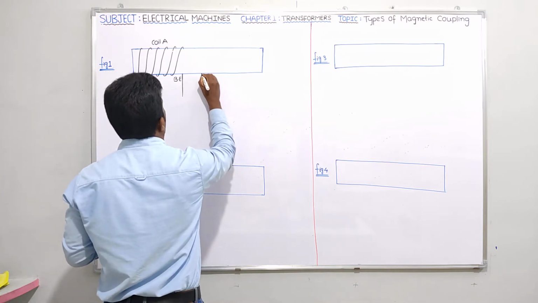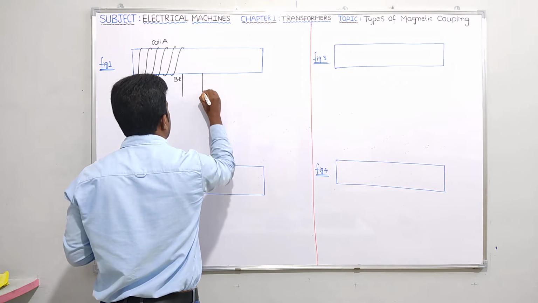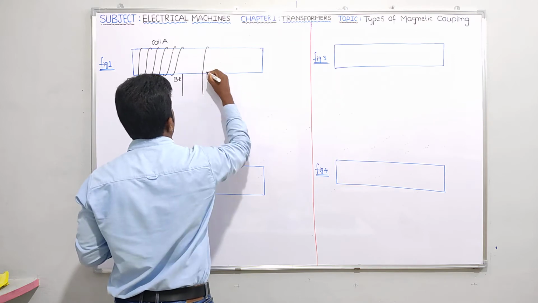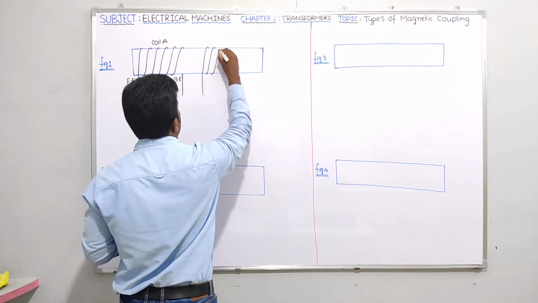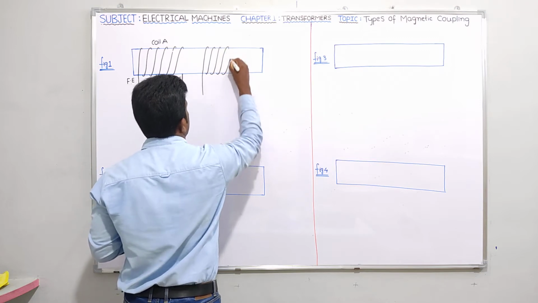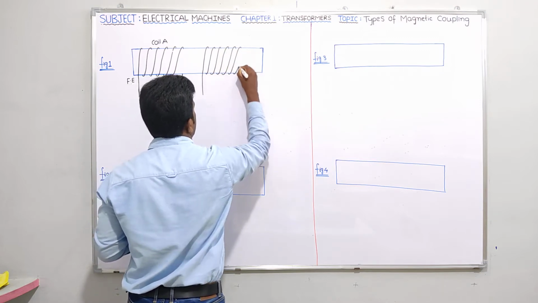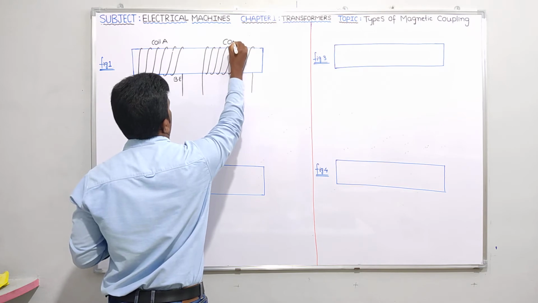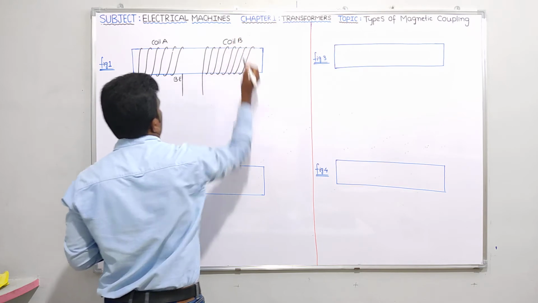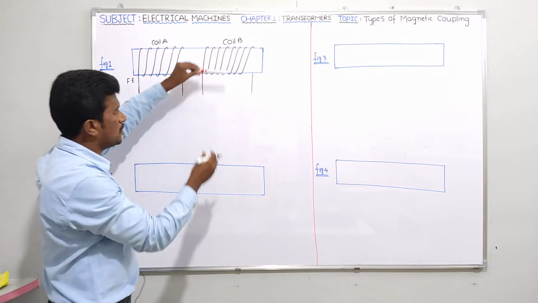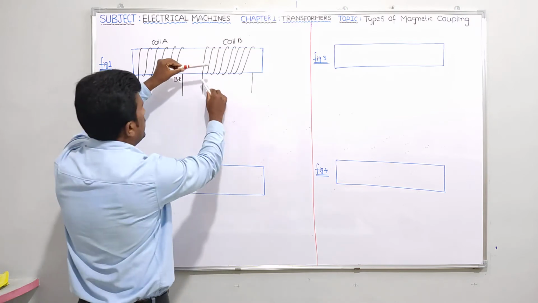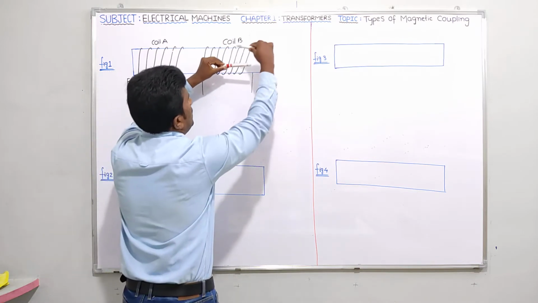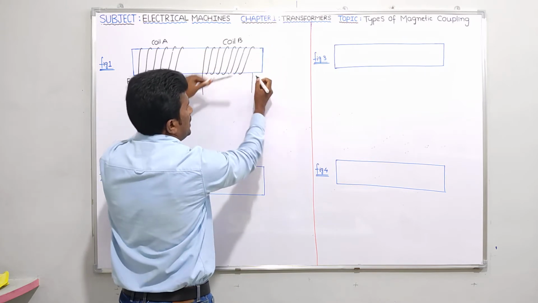Now let me take coil B. Once again like this. Right. Now this is what I can say, coil B. Now tell me once again, if you see this coil B, once again the winding is going here. It is going from the front end of the magnetic core. It is wound like this. It is coming back. It is leaving at the back end of the magnetic core.